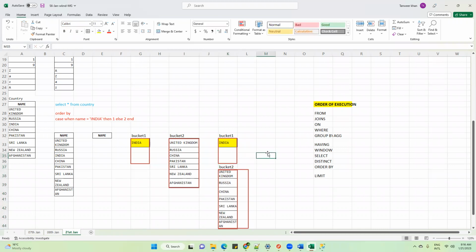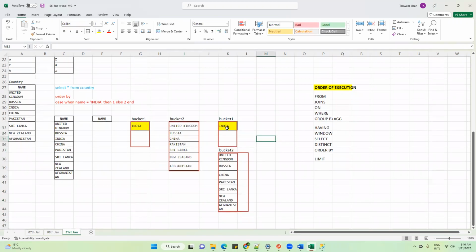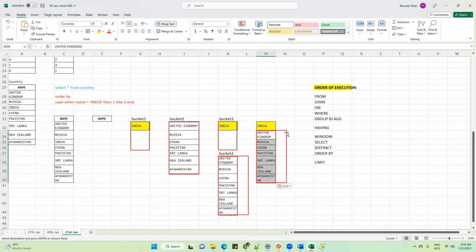Right. Now, after this, what will the engine do? It will remove the values from the buckets and finally display the result in this manner. Do you see India at the top? Do you think India is at the top, guys? Yes. Okay, so this is how the engine executes it and India is displayed at the top.